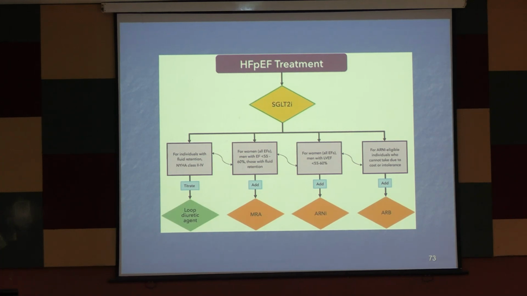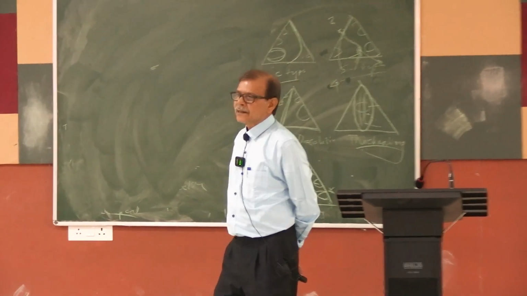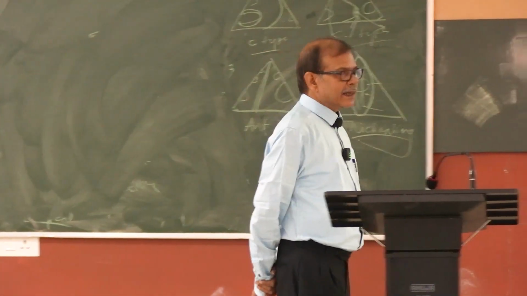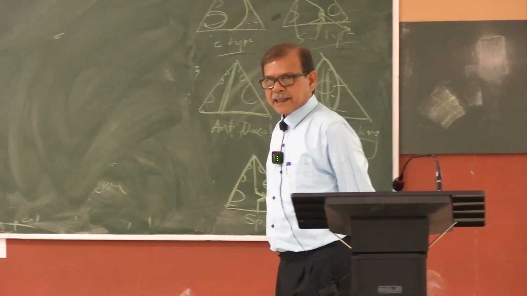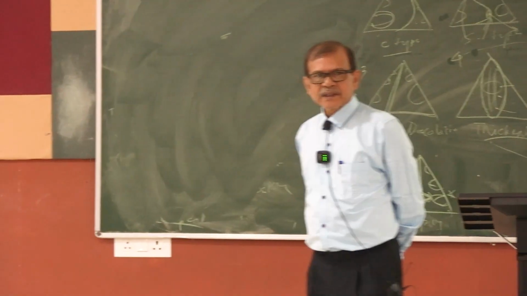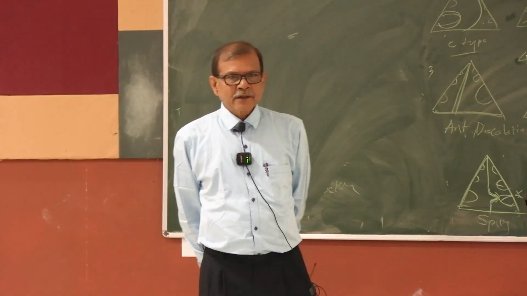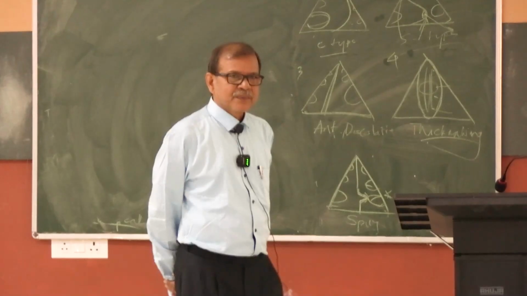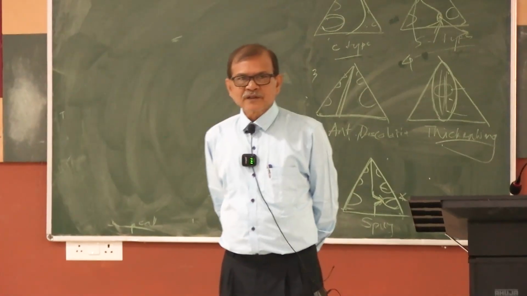In case of intolerance to ACEI or ARNI, we should go for addition of ARB, because initially I have told therapies should be targeted to structural remodeling, autonomic dysregulation or dysfunction, cardiometabolic stress and obesity, hemodynamic alterations, and the microvascular